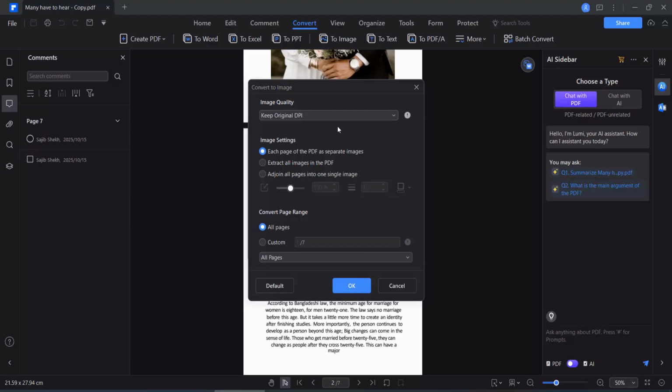Here you can change image DPI and extend all images and so on. You can convert custom pages or all pages. I'll make it default